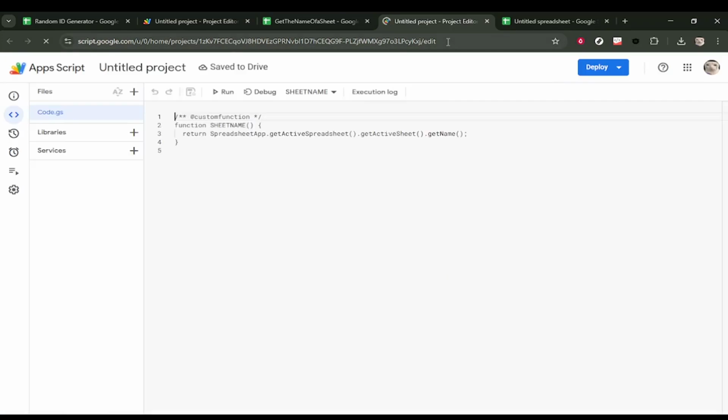In the editor, you may see a default function already there, often called myFunction. Click inside the code area, select any existing code, and delete it so you have a clean file. Now paste in this custom function: /** @customfunction */ function sheetName() { return SpreadsheetApp.getActiveSpreadsheet().getActiveSheet().getName(); }